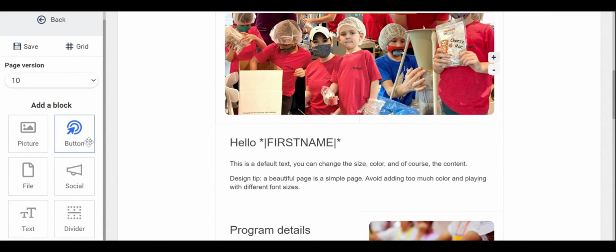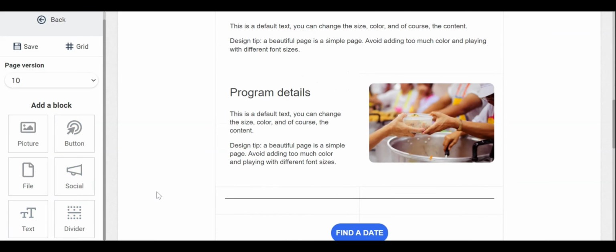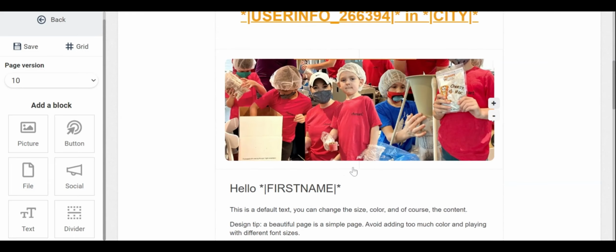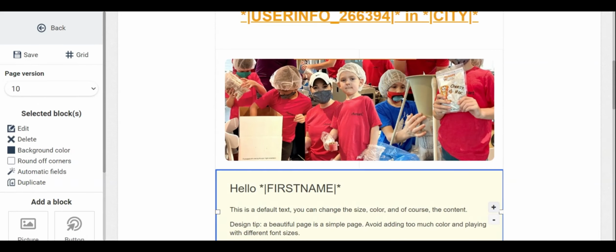You can insert different types of blocks, of components: pictures, buttons, files, social media, text, dividers, etc. So as you can see, I've created a few things here. Buttons can be related, for example, to a campaign that you've created, or to a page of your website. And then a few things that are actually quite powerful is the